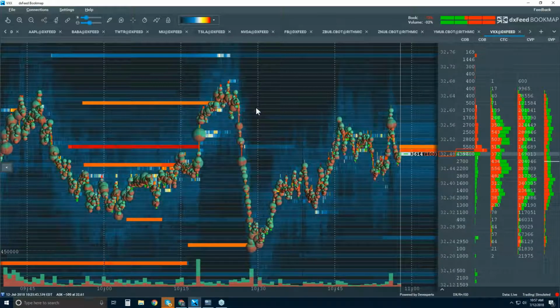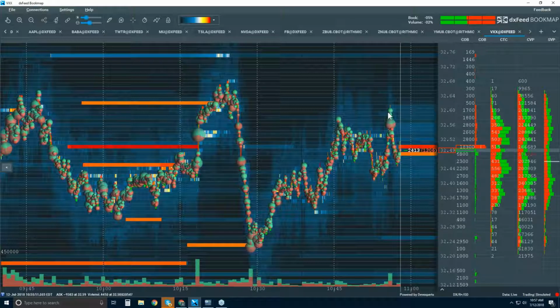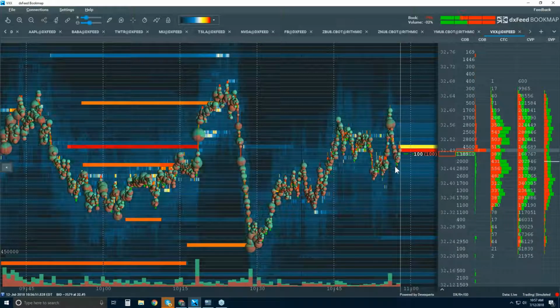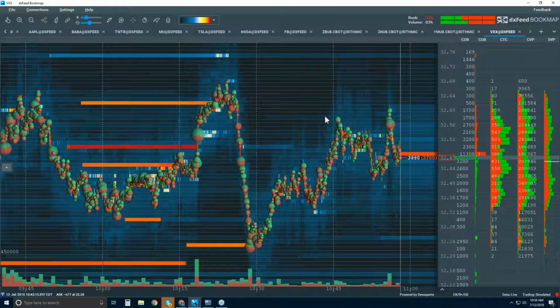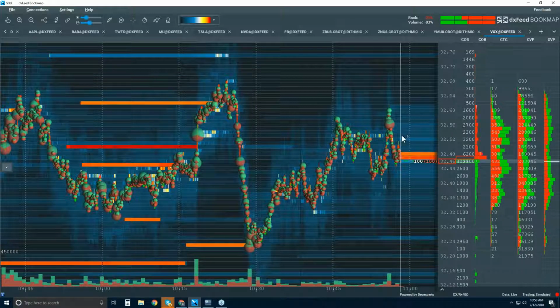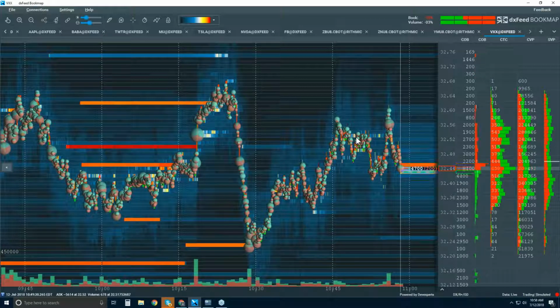A pullback all the way back up here again could offer you, if you're still bearish, another nice little entry up into this area, this little cluster, and then short it back down into the range. And not seeing a lot really. This is an excellent one though to add to your charts